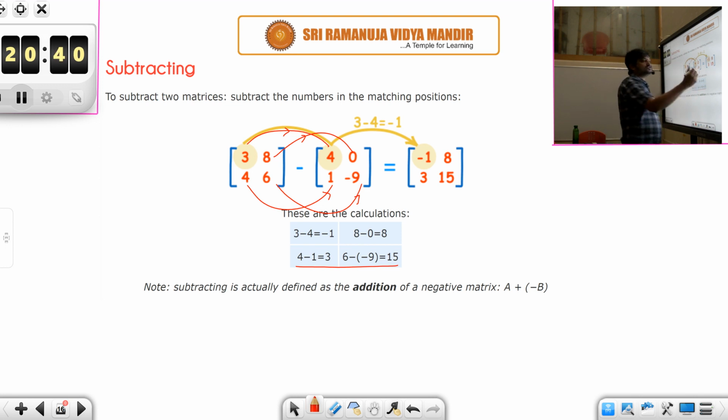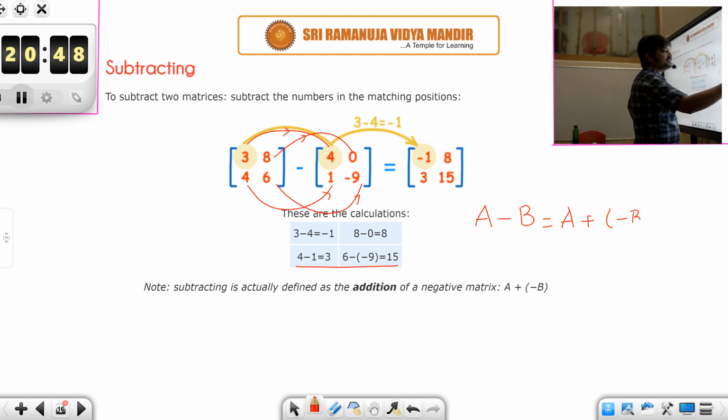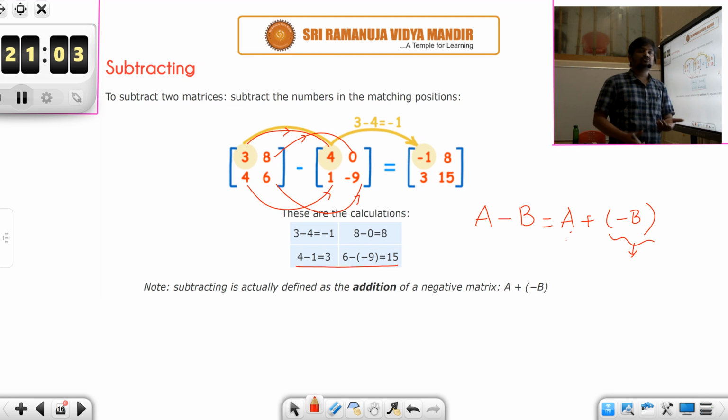Okay. And subtraction you can also treat like this. Suppose you need to subtract a matrix from another matrix, you can write this as A plus of minus B. And you know how to find the negative of B. Negative of B means you simply flip the sign of each and every entry of the matrix B. Once you get minus B, then add that to A. You know how to add two matrices. So subtraction you can make a two-step process as well. First is the negative of a matrix, and the second step is adding those two matrices, A and minus B. So you could do it in any manner.